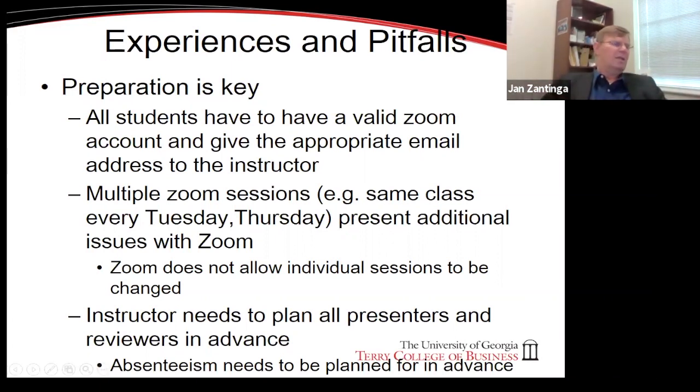And finally, there's a lot of planning from both the instructor as well as the presenters, as well as the reviewers, all the students really, to plan in advance what is going to happen. If you are absent for whatever reason, and there are always very good reasons to be absent, you have to convey this information to the instructor in advance so that the instructor can change the Zoom breakout rooms and all of the work in advance of the class. Once you are in the classroom, it becomes much harder to do that.